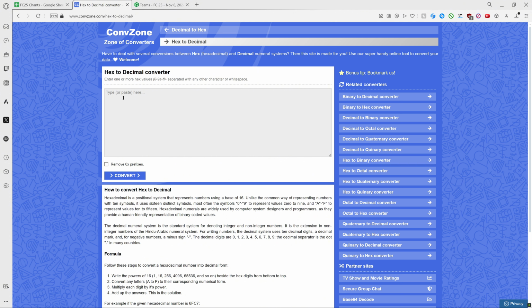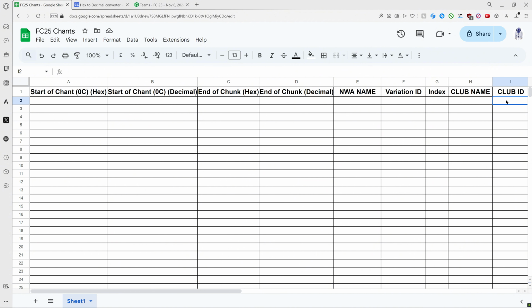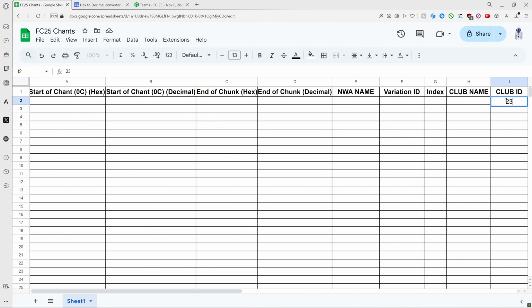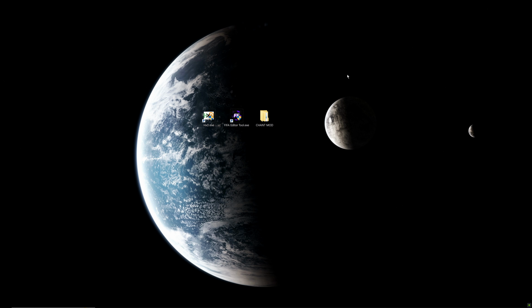We will also need a hex to decimal converter and a website where we can look up the IDs of the teams. I use SoFIFA. That's all. And since we already see the ID we need, let's just enter it into our table right away. Now we open the editor tool